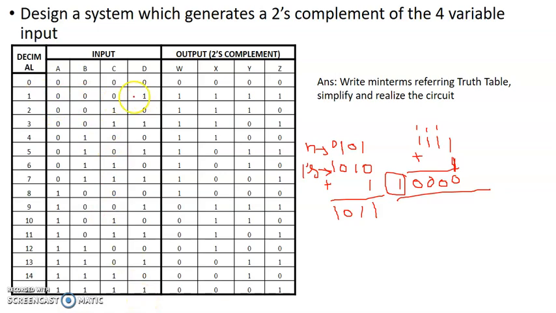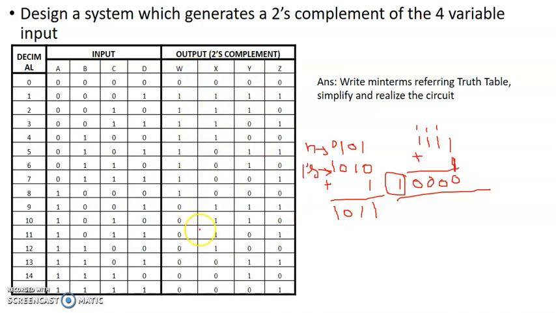So if the 1's complement is 1, 1, 1, 0, it's supposed to be 1, 1, 1, 0. Since we need to add 1 to that, here also 1. Similarly, 0, 0, 1, 0: the 1's complement is 1, 1, 0, 1. Since we are adding 1 to this, 1 plus 1 becomes 0, 1 carry. Here it was 0, now it is 1. These two are already 1, 1. So I hope with this you can understand how to write the 2's complement of the number.